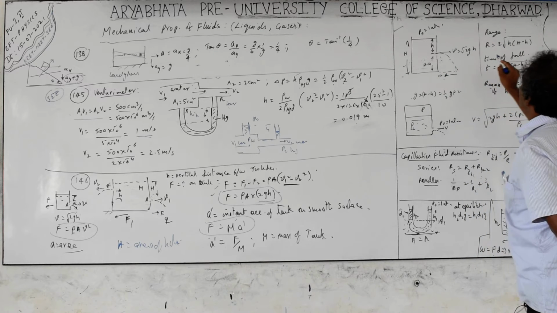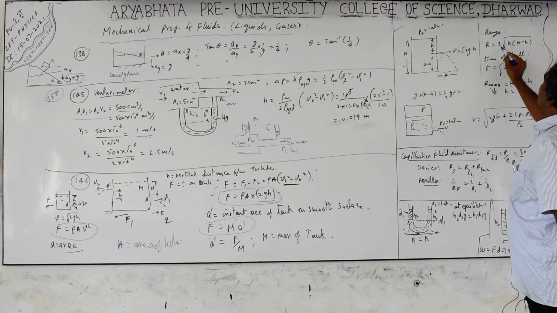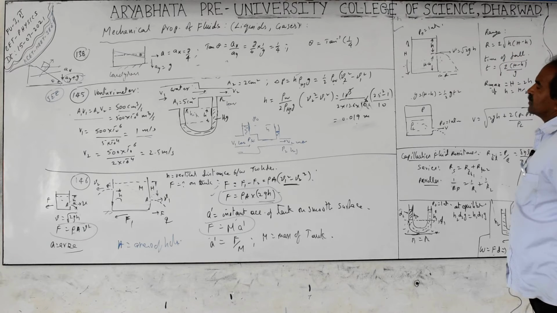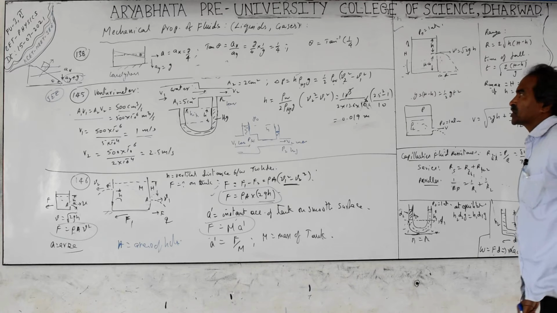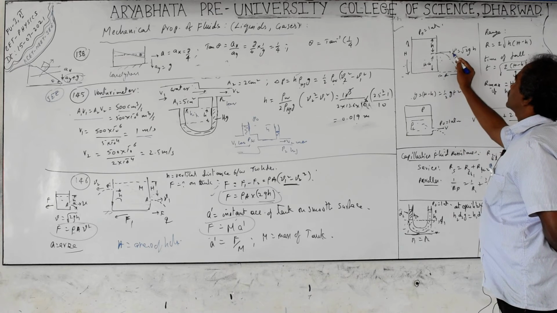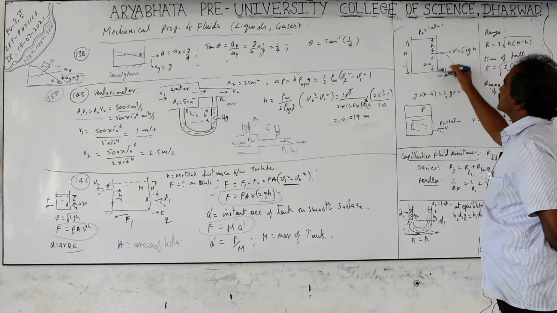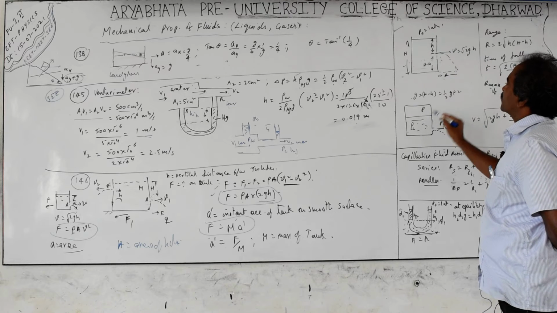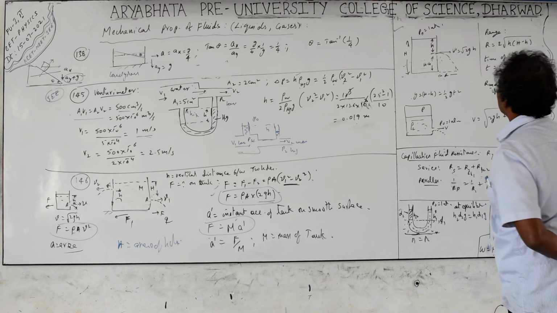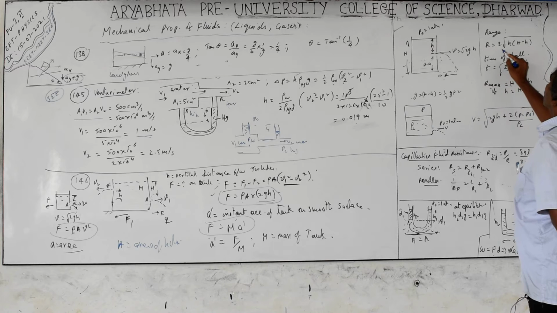The range R is equal to 2 times root of h into (H minus h). You have to take this equation similar to parabola projectile motion for horizontal projection. Horizontal distance x equals horizontal velocity into time. In that time, the distance traveled is y equal to half g t square. We can take that and you will get the expression for the range: R equals 2 root of h into (H minus h). These 2 you can take inside, so it becomes 4h(H minus h) under the root; that is left to your choice.